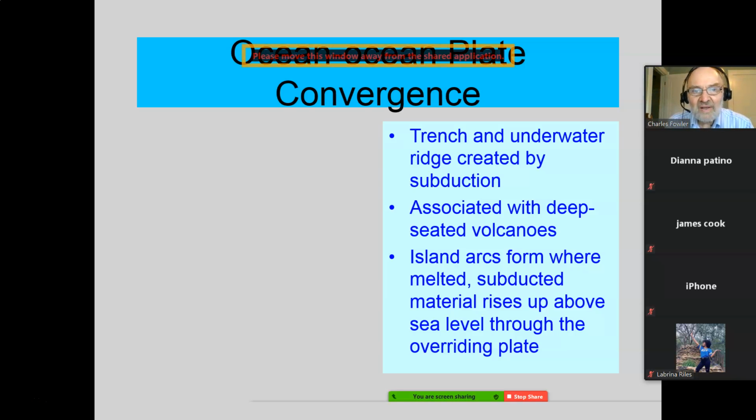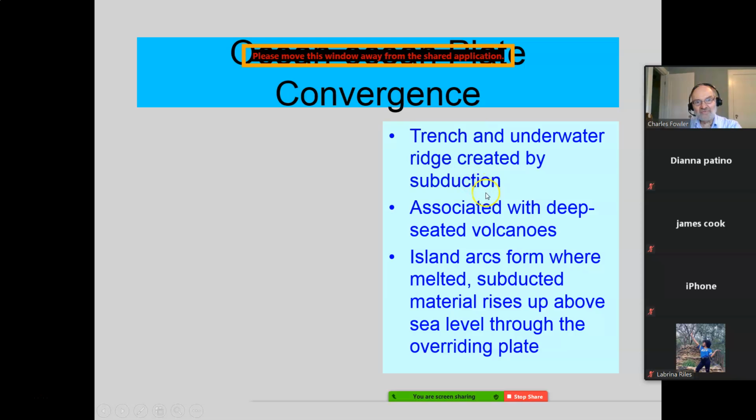Ocean convergence. This is where one oceanic plate, crust, subducts under another. Why? Not really sure, except they got to go somewhere, okay? One of them subducts under the other, creating a trench and an underwater ridge created by that subduction. The ridge is usually on the side that overrode the other one, and the trench is on the side of the one which goes under the other one. The deepest trench in the oceans, the Marianas Islands Trench, is one of these